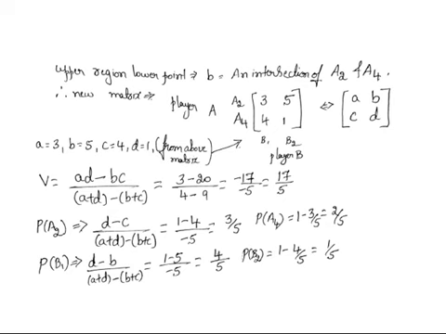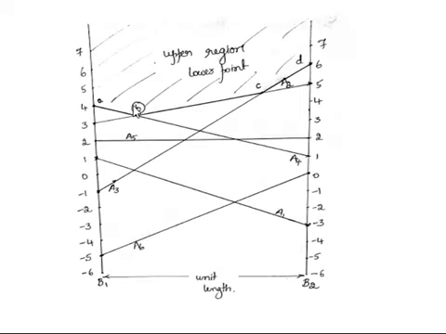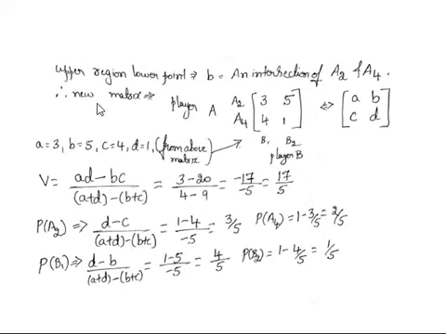So whatever B you are observing, this B is an intersection of the A4 line, and also an intersection of the A2 line. So A2 and A4 are responsible for this intersection and the notation of this particular point B. That was written here: the upper region's lower point is B, which is an intersection of A2 and A4. That should be considered only further.